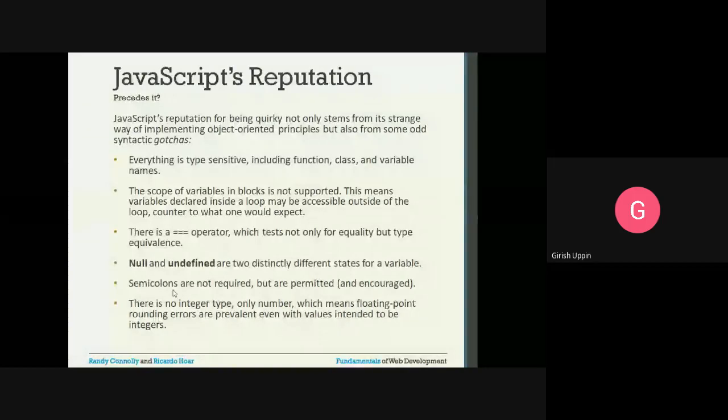Semicolons are not required but are permitted and encouraged, so in line with other languages, we can have semicolons at the end of each statement. There is no integer type, only number, which means floating point rounding errors are prevalent even with values intended to be integers. So we have only the number type here.